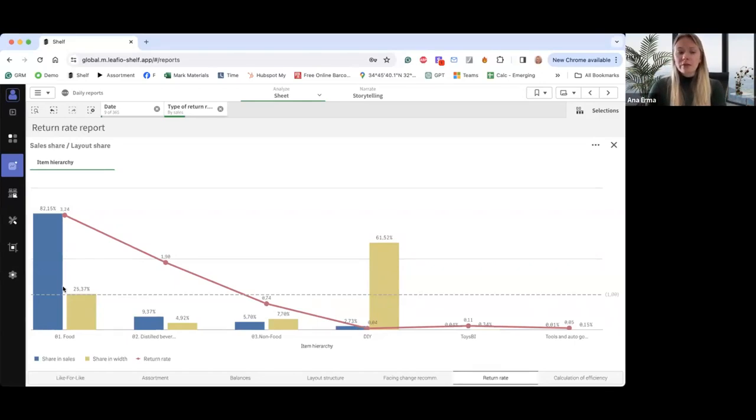Like in the case of food, for example, food in this case occupies 25% of the space, but its share in sales is around 80%. Of course, this is a very simple example. There are a lot of other parameters that should be included and analyzed before that. But it's a sign for us to decrease the DIY category and to increase the food category presence